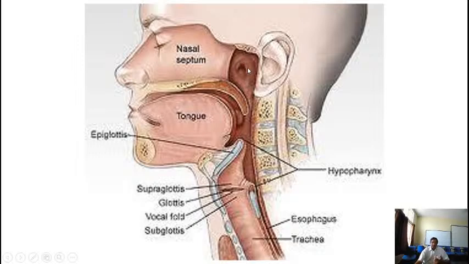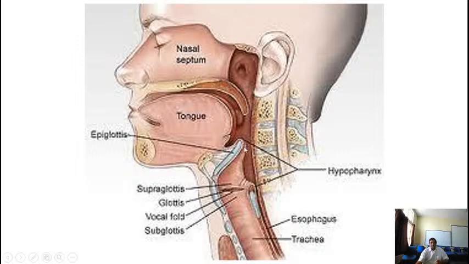Now we have seen the division of the pharynx into nasopharynx and oropharynx. The nasopharynx is purely for the air passage, whereas the oral cavity, the oropharynx, is both for food and also the air. Both the passages are there. And if you come down into the laryngopharynx, once again, it's a common passage for the food as well as the air. Now, the larynx is opening into the hypopharynx,